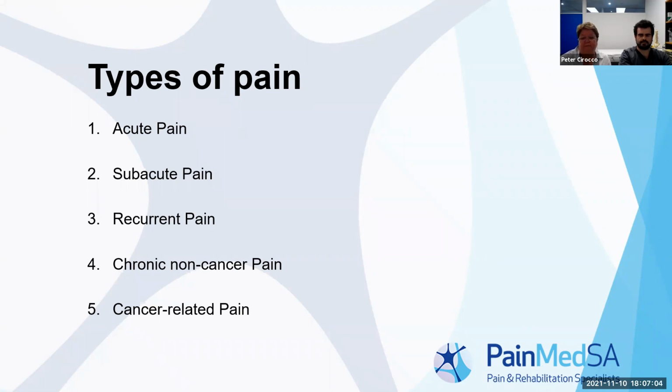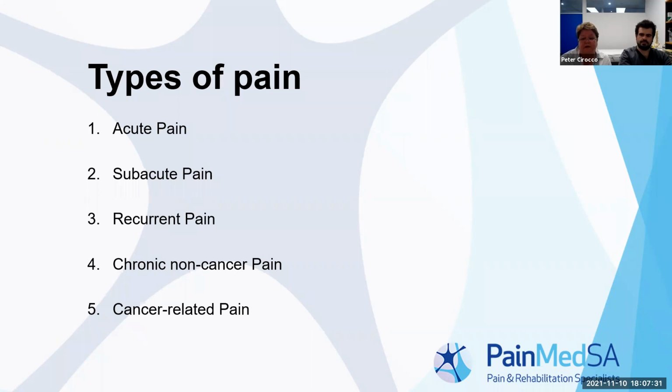Subacute pain is usually pain categorised as progressing towards chronic pain, but it may be prevented. Examples of that are people that come in with acute wounds and they progress into chronic wounds, and hence they end up with chronic pain because of those. Recurrent pain is pain that is, for example, like migraines or period pain or those sorts of pain that come